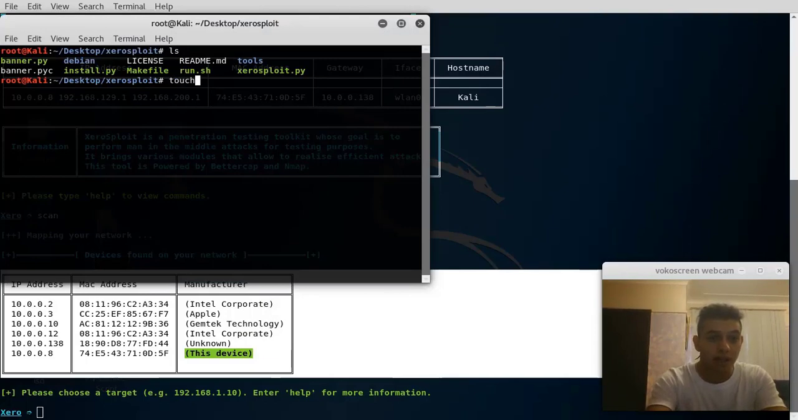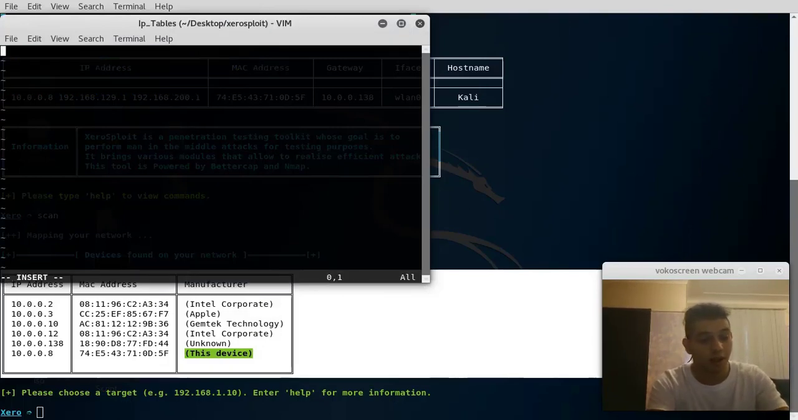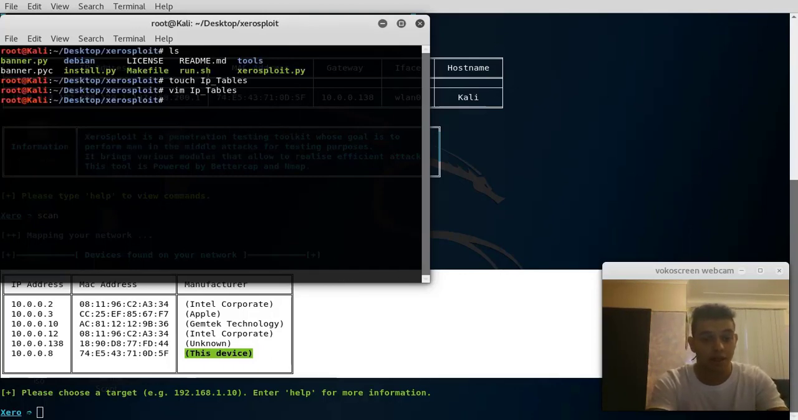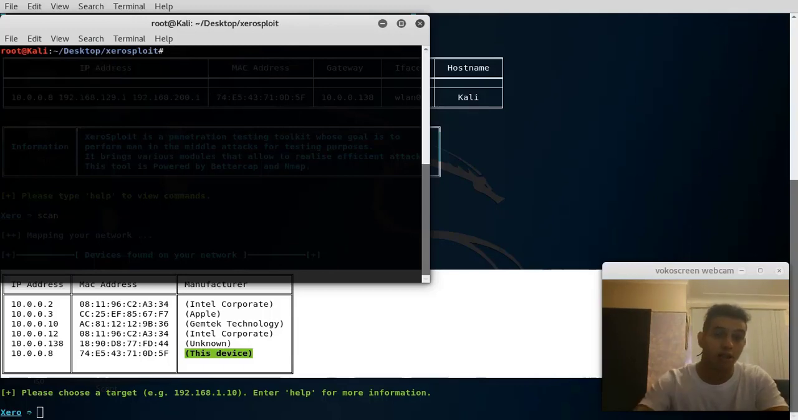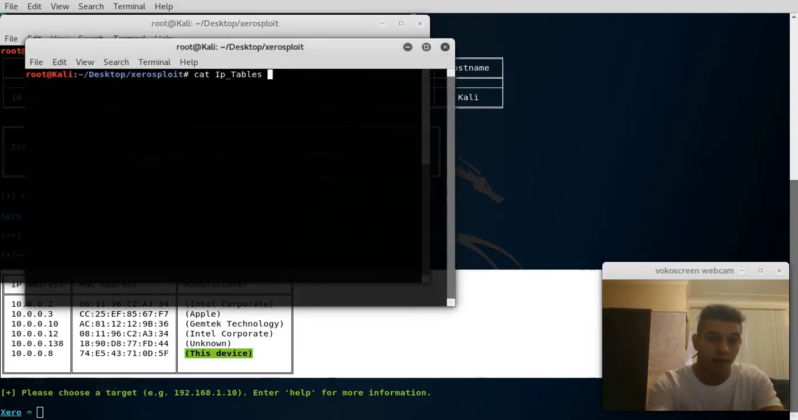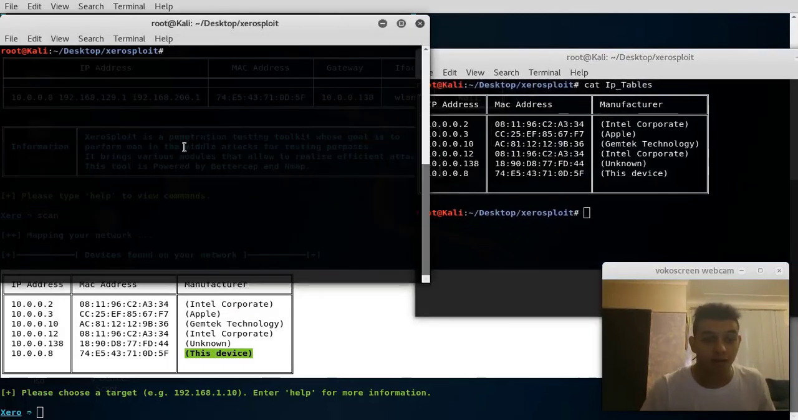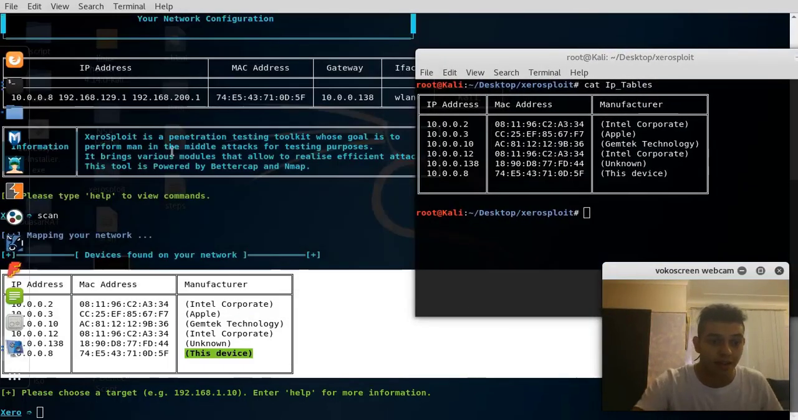And we'll touch IP underscore tables and then vim into the IP tables, and then I for insert, control shift V to paste the tables, exit control ZZ, clear, and then we will cat the IP tables. Okay, so let's leave this as a reference throughout the whole tutorial. Exit this, and then